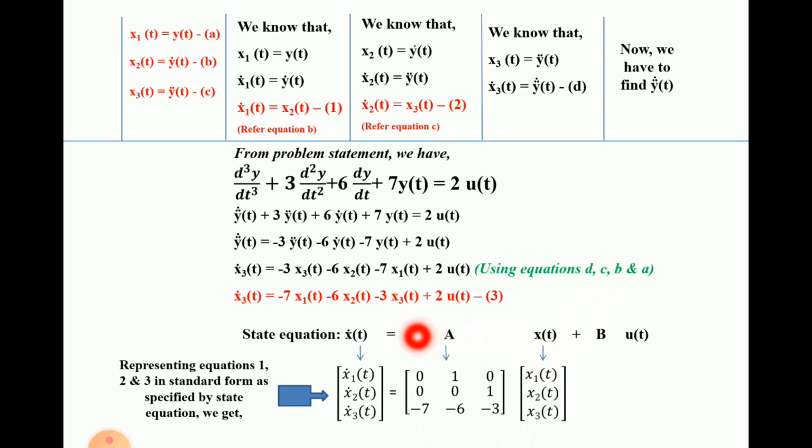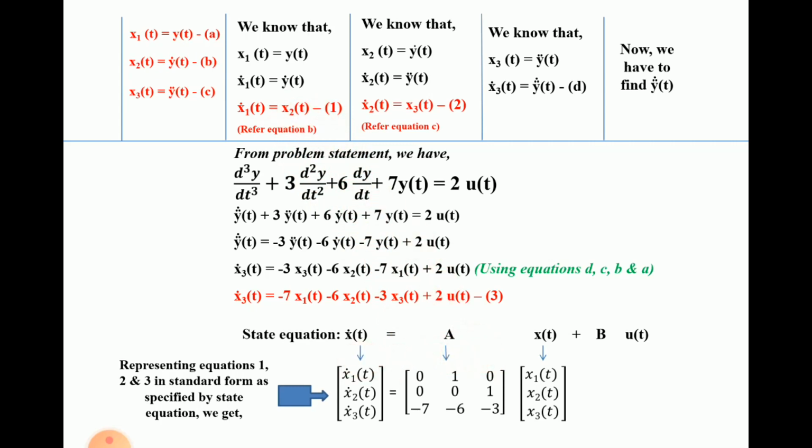In case you are wondering how did we write A, here A is associated with what? X of t, right? So A is nothing but the coefficient of x of t, that is x1, x2 and x3 in the expression for x dot of t. So here you can observe the first row corresponds to x1 dot of t. So x1 dot of t, do you have any coefficient for x1? No, so we have written 0. We have a coefficient for x2, that is 1, so we have written 1. Do you have any x3 term? No, right? So the coefficient is 0.